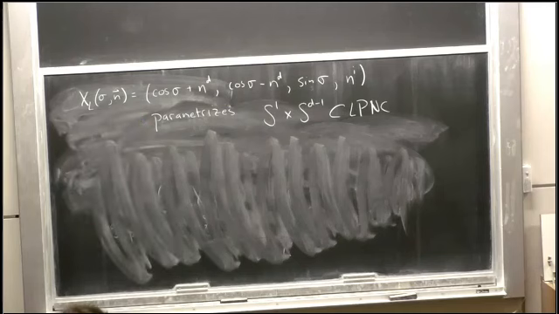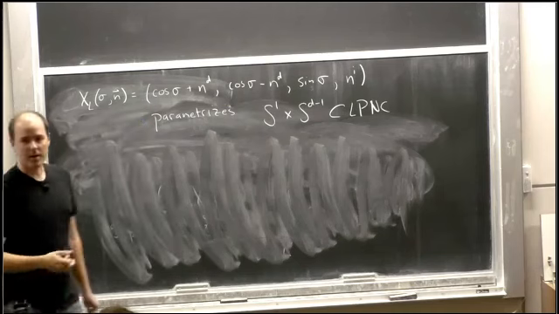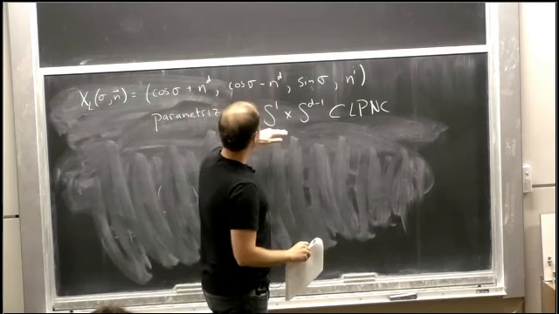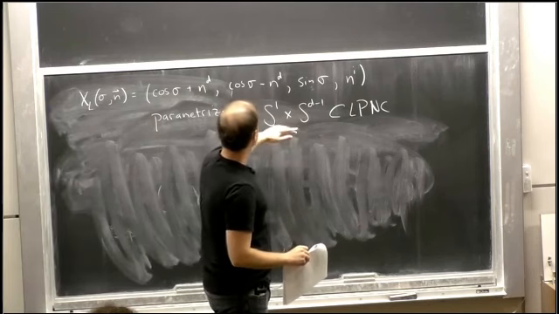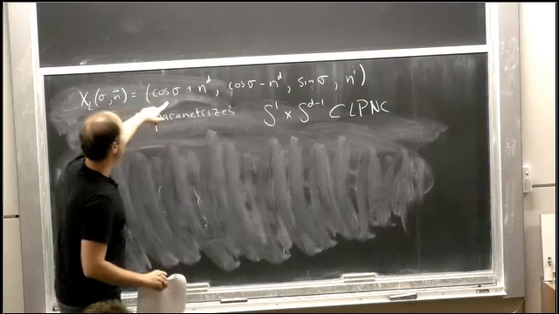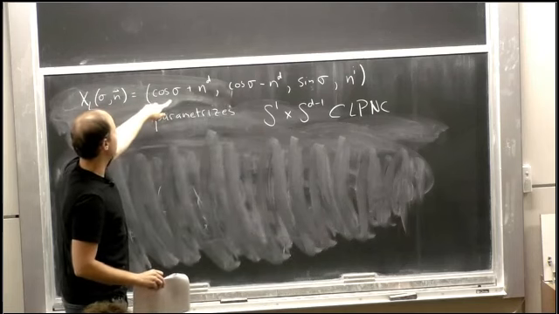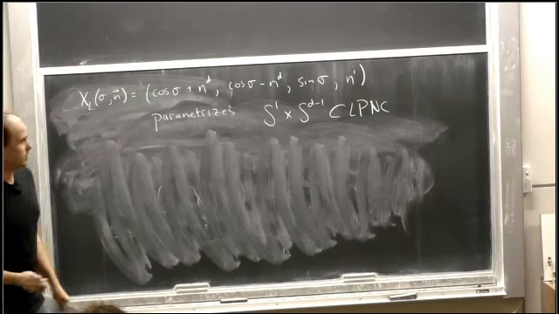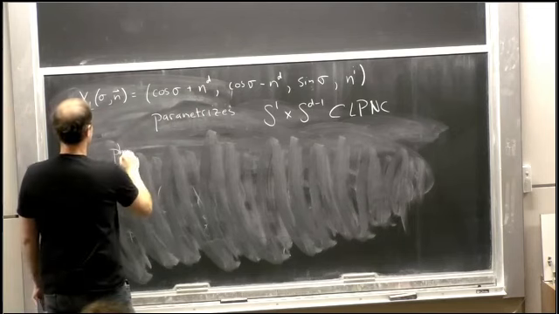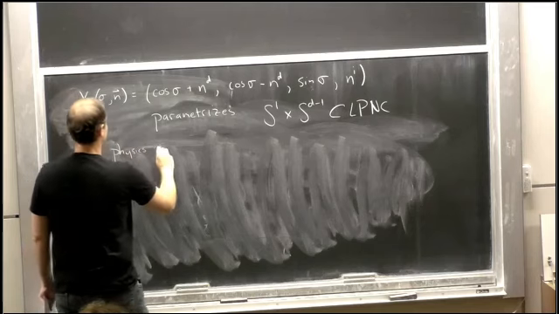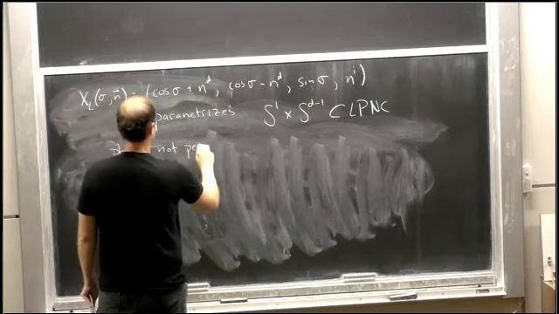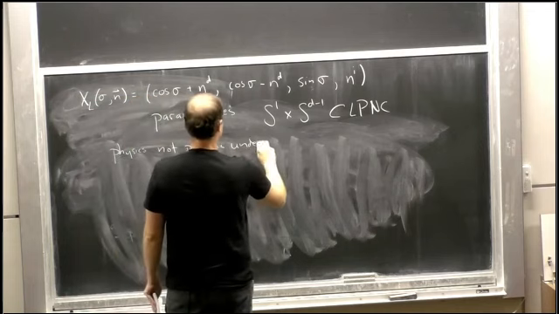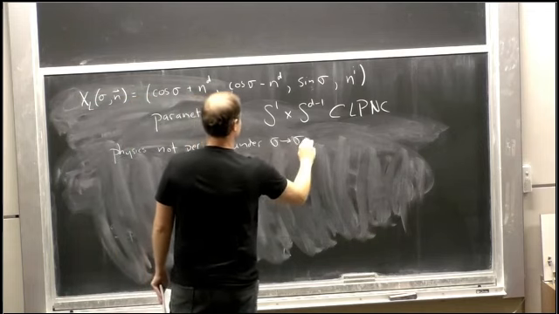The problem is, well, I already told you what the correct answer is. The problem is that even though the embedding space coordinate is periodic under sigma goes to sigma plus 2 pi, the physics is not. Okay, so the physics is not periodic under sigma goes to sigma plus 2 pi.